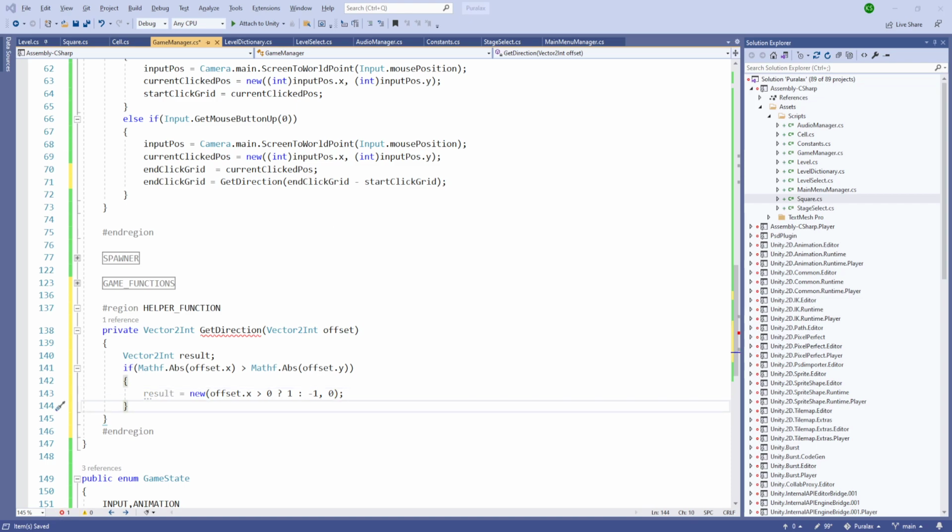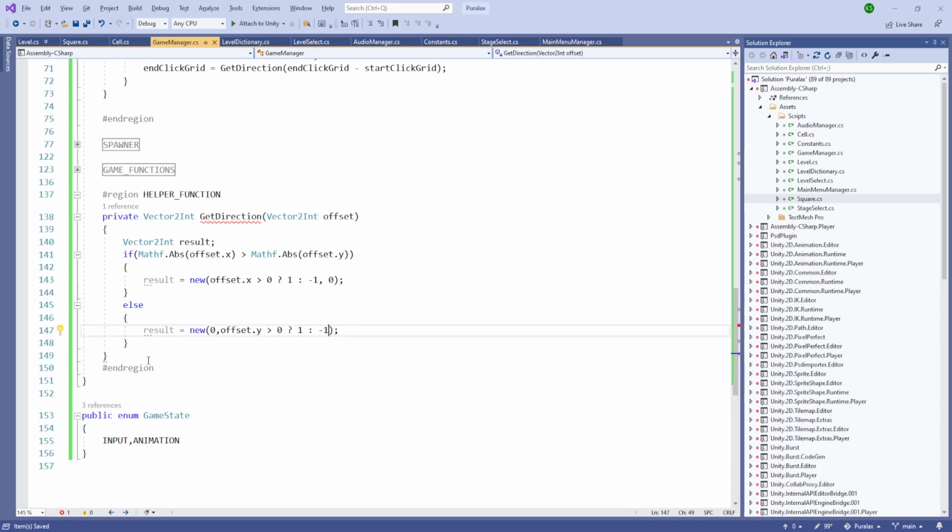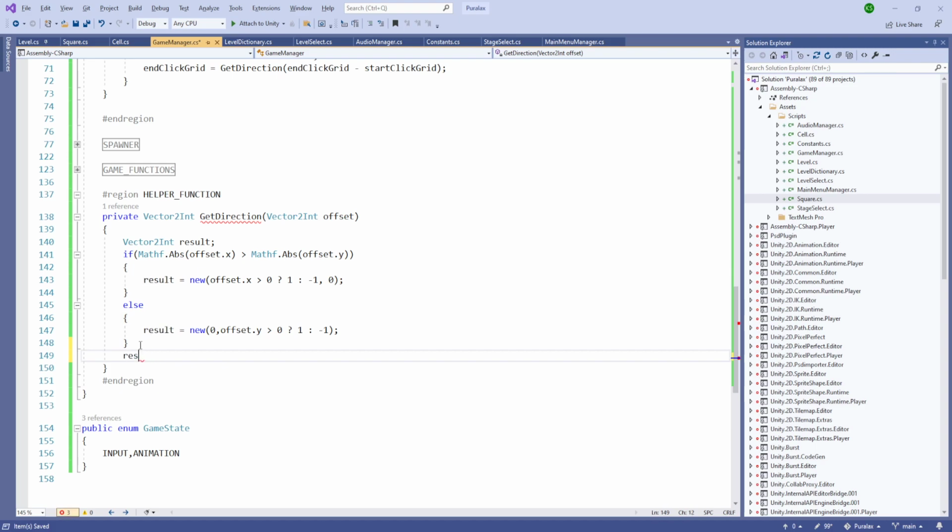And else, then what we'll do is we'll do the similar thing, but instead of offset.x, we'll use offset.y, and here we'll use 0, and the next 0 we'll remove. So this is going to return our offsetted direction. So let's use return result,